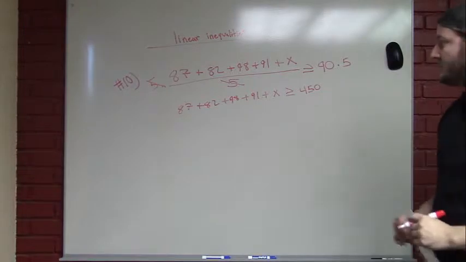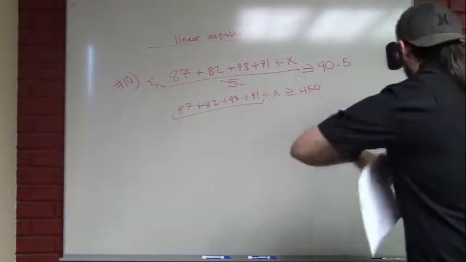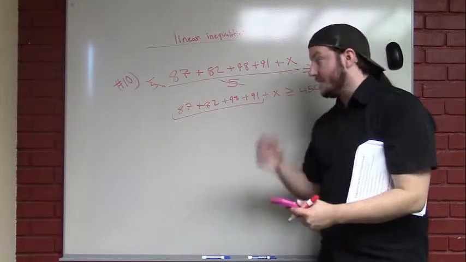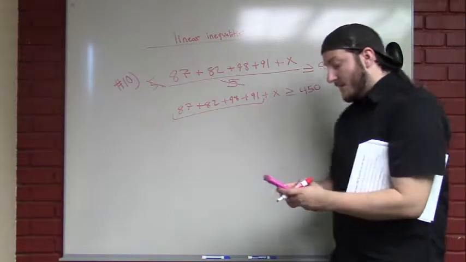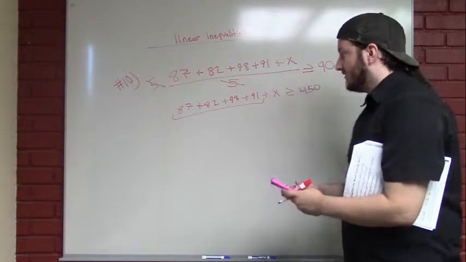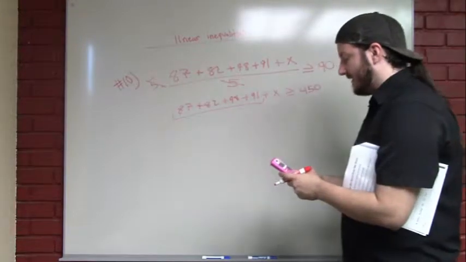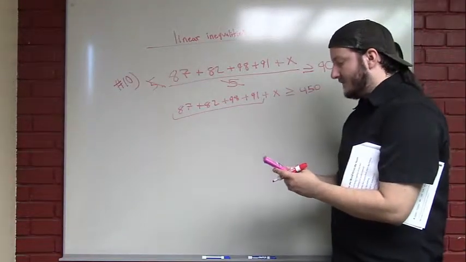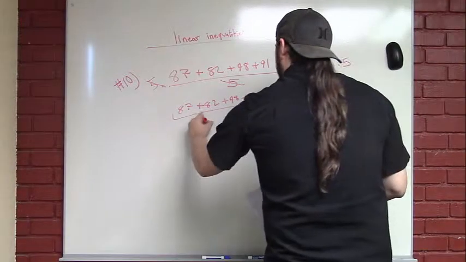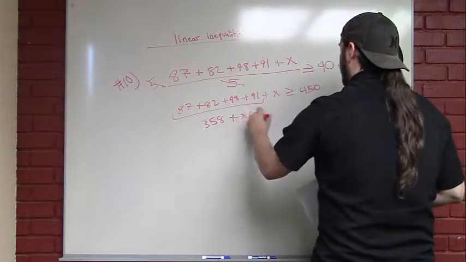Yeah. So now what you got to do is add all these numbers here, okay? And you guys can do that by hand. It's not difficult. Just line them up and add them all up. But I'm going to be a cheater, and I'm just going to use the calculator for quickness. So we have 87 plus 82 plus 98 plus 91 equals 358. 358 plus our x greater than or equal to